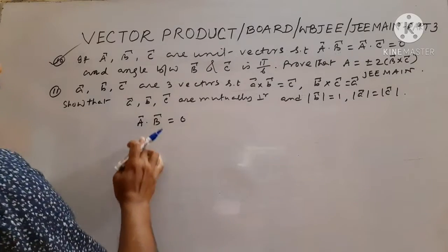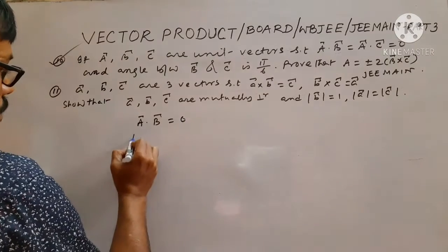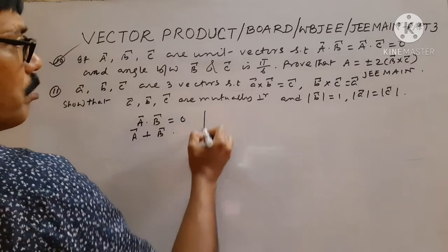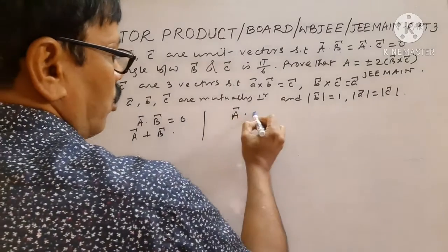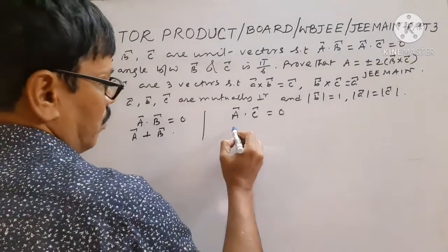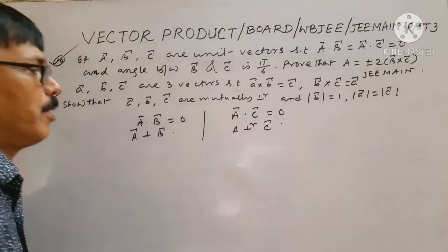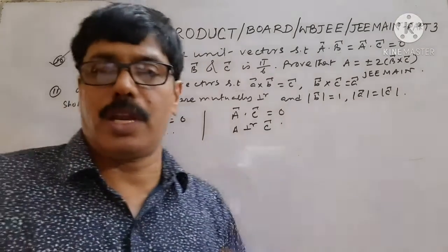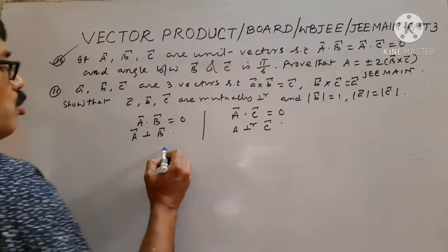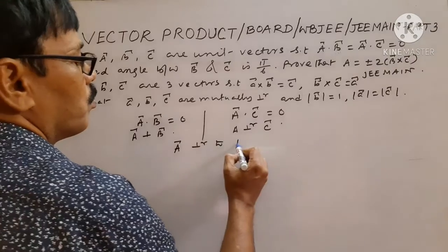So we get either A equals to 0 or B equals to 0 or A perpendicular to B. So in general we can write A perpendicular to B. Now A dot C equals to 0. If A and C are not null vectors, then A perpendicular to C. So A perpendicular to B and here A perpendicular to C. So from these two we can conclude A perpendicular to both